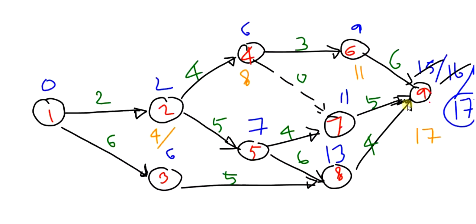So we have to consider this path, that is 9, 7. For 9, 7, it will be 17 minus 5, it will be 12. Isn't it? It is 12 for the 7th node. And from there, we can move on to 5. For 5, there will be two values, that is from 7 to 5 and 8 to 5. From 7 to 5, it will be 12 minus 4, it will be 8. And another one, 8 minus 6, it will be